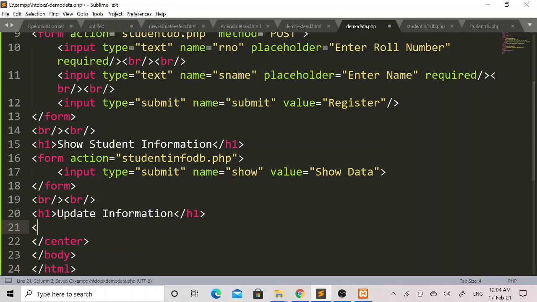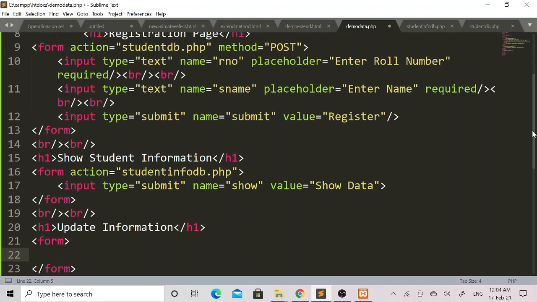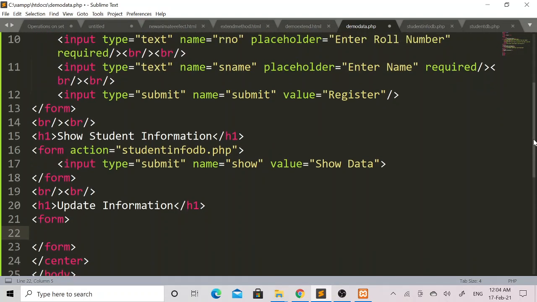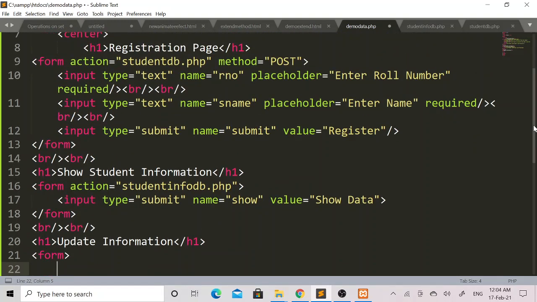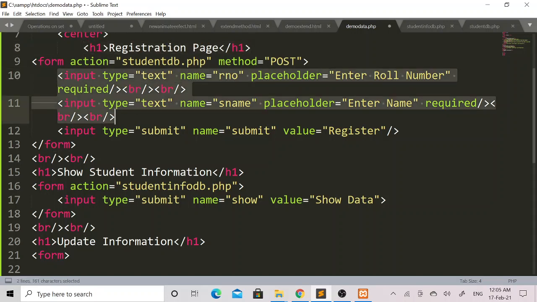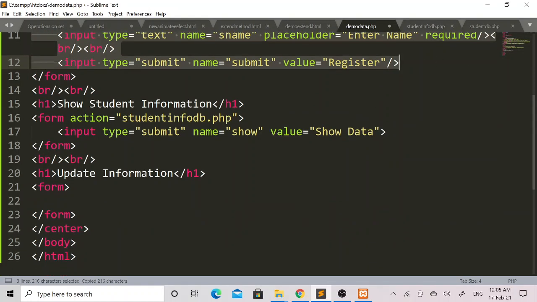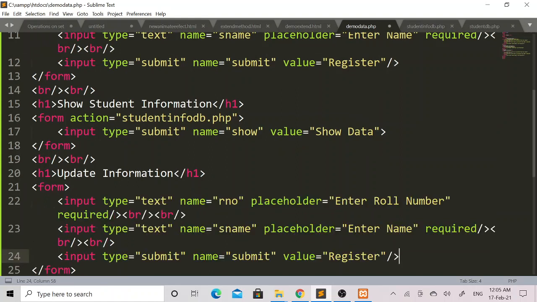After this h1 tag, I will include another form tag. Within this form tag, I will add the 3 input tags which I previously added in the first registration page form. So I will simply copy all 3 input tags and paste them as they are in the update information page.